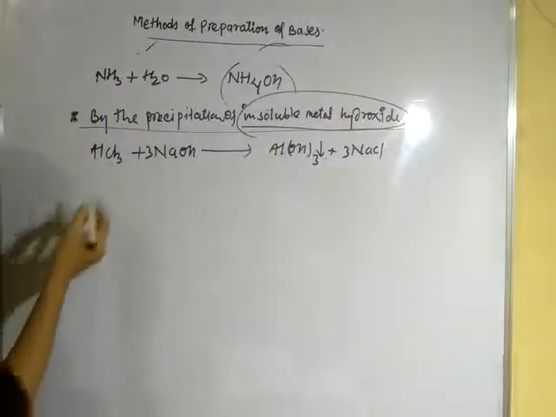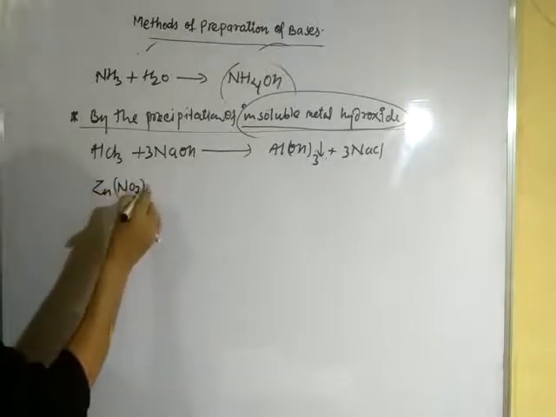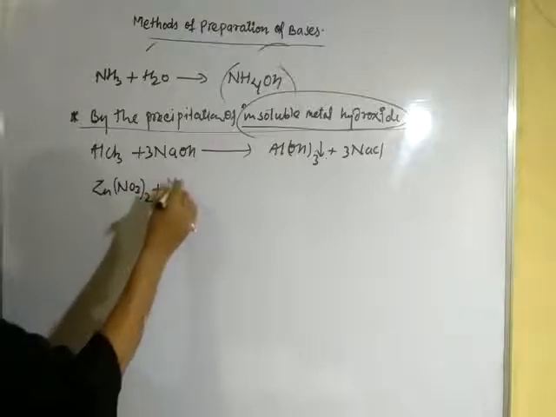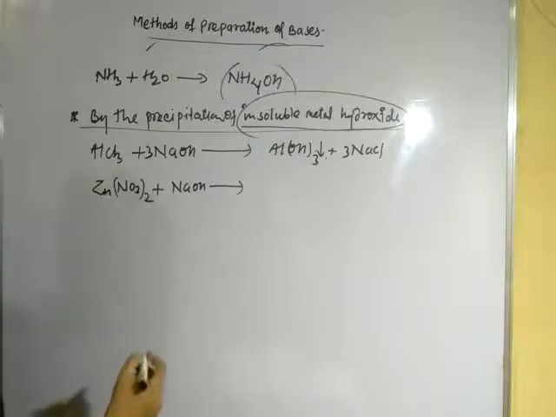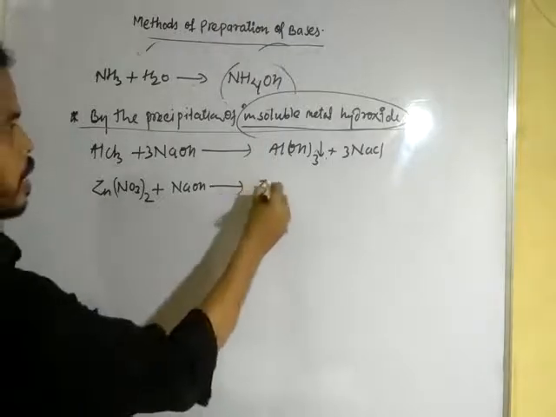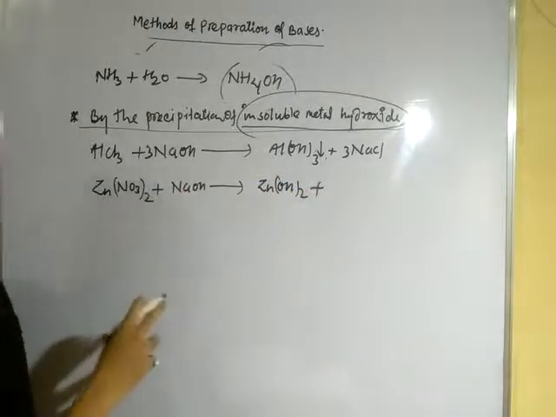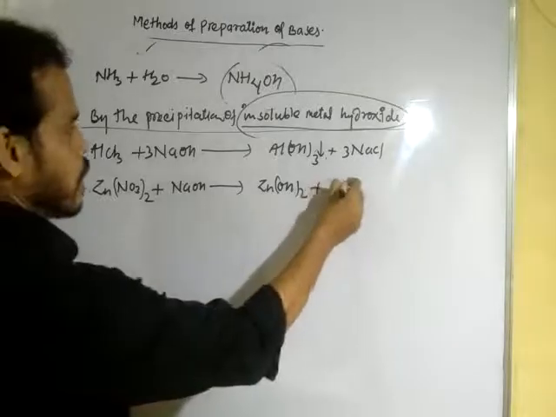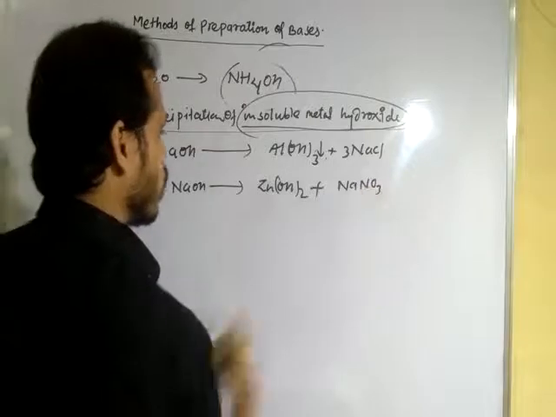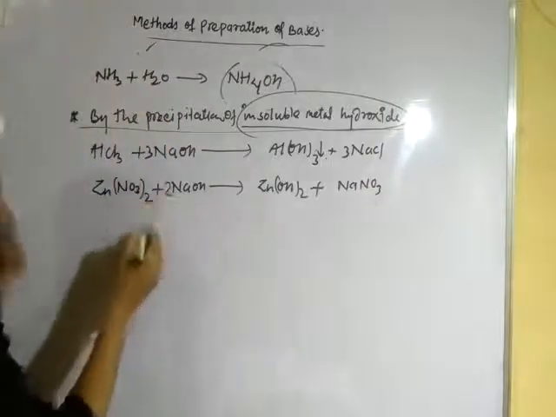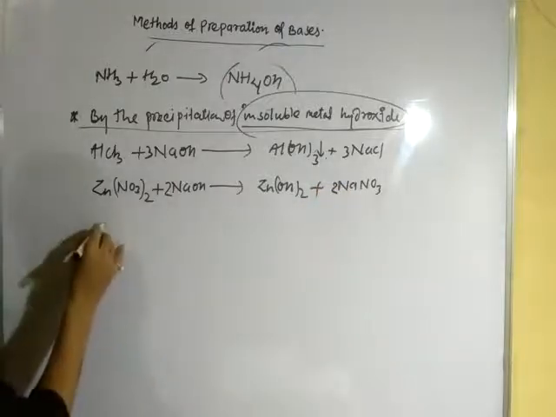Once again, when zinc nitrate Zn(NO3)2 is treated with NaOH, it forms zinc hydroxide Zn(OH)2 and also sodium nitrate. So here sodium nitrate NaNO3 is formed. Okay, dear student? Okay. Now to balance this reaction, multiply with 2, also with 2. Okay, dear student? Same here when